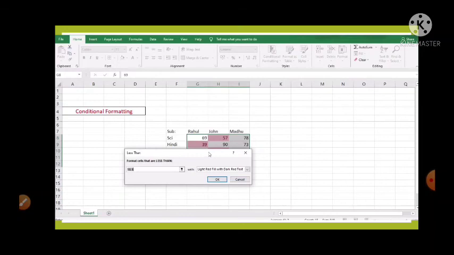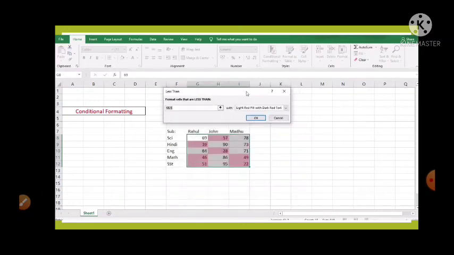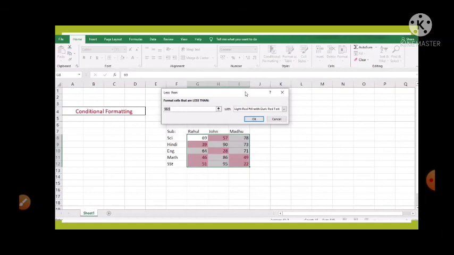This will open a less than dialog box. So here we are entering 60 in the format cells that are less than box, and in the with combo box choose the formatting that you want to apply and then click on OK. So here we have chosen first light red fill with dark red text, so you can see what changes are done on the worksheet.